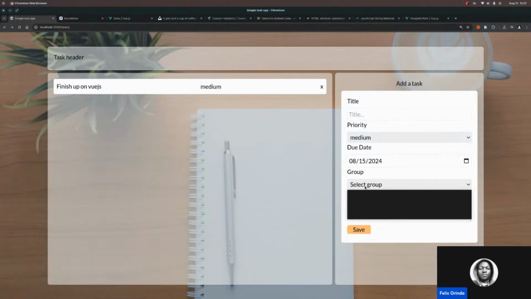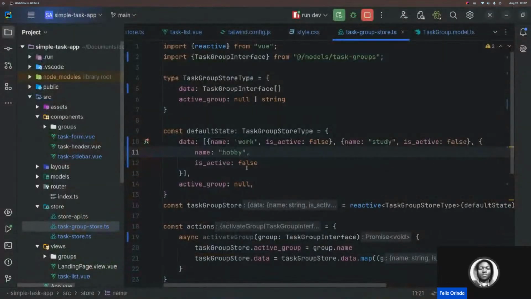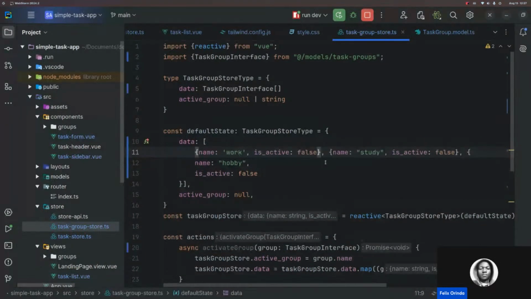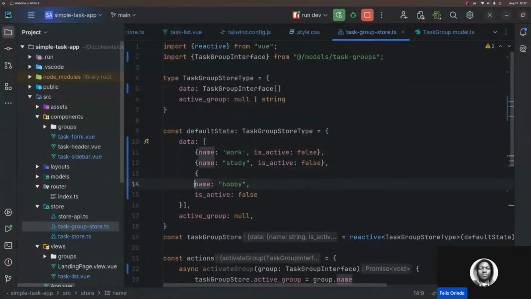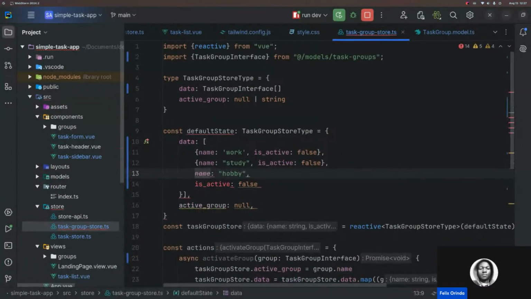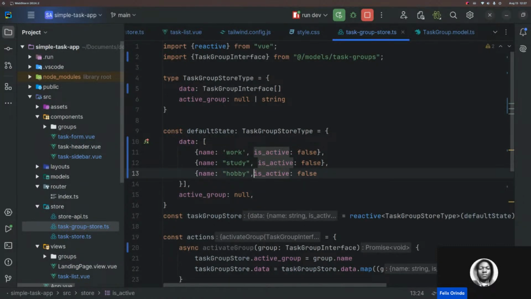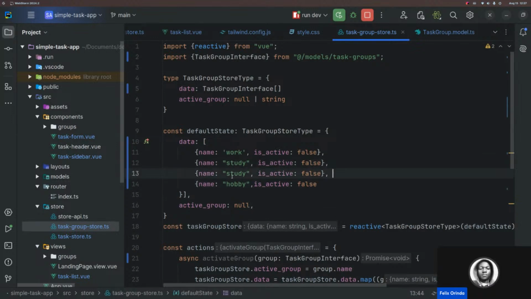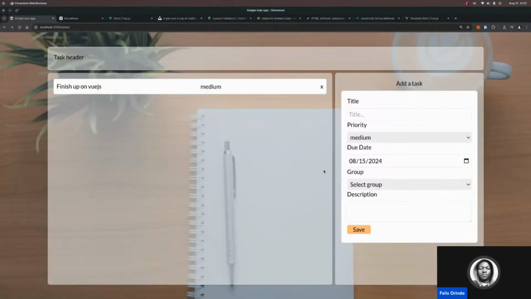That change: work, study, hobby, then maybe just something for fun. So if you have something here for fun, then our groups